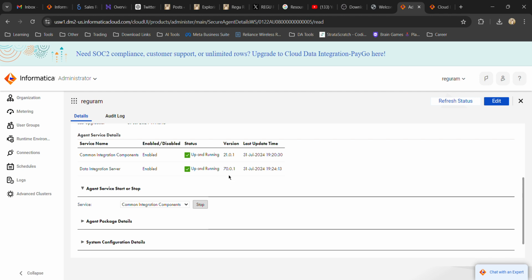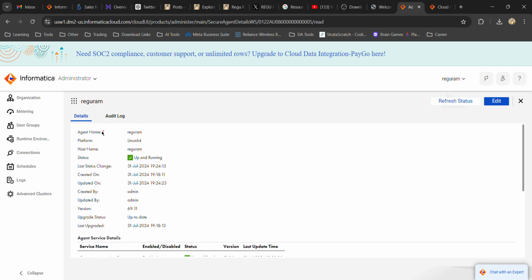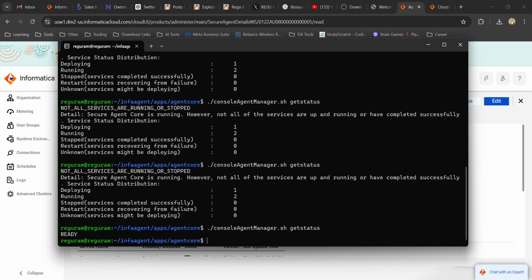Let's say in some cases you want to restart a particular service. You don't want to restart the entire agent. In that case, you can use this particular agent service start or stop. From here you can choose the appropriate service and stop it. Then once it got stopped, you will have an option to start it again from here itself. Using this, you will be able to start or stop a particular service. If you want to stop the entire secure agent, then you want to go to the back